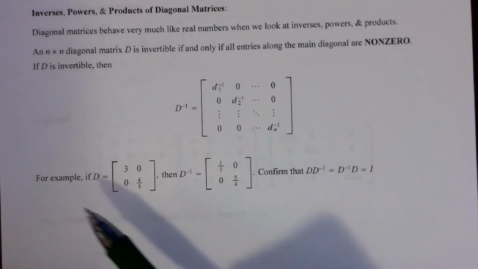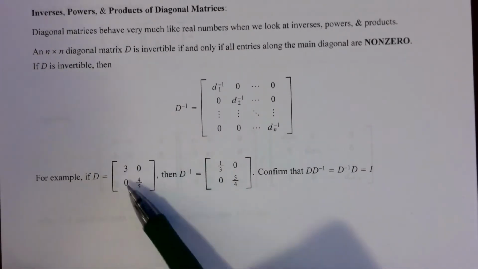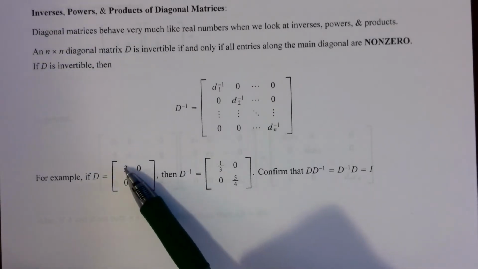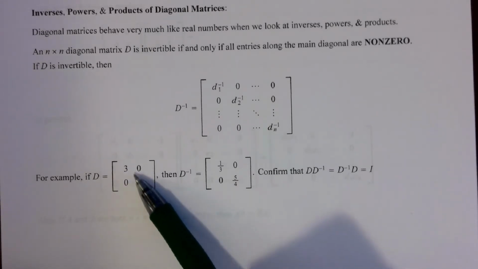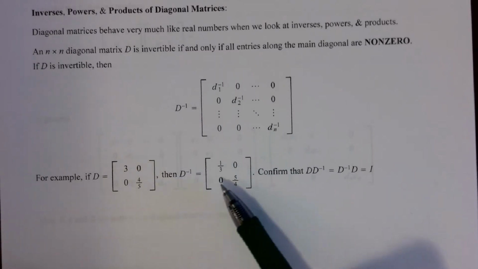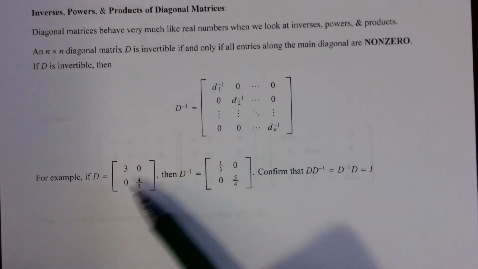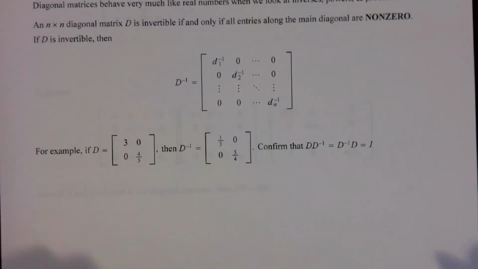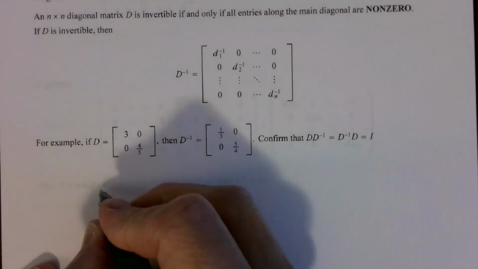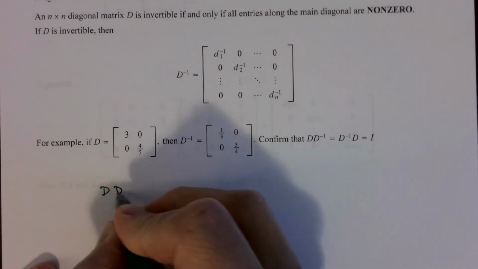So, for example, if D is equal to this matrix here, then first of all, I know it's invertible because both the diagonal entries are non-zero, and therefore its inverse is just going to be the reciprocal of those entries in the corresponding locations. The reciprocal of 4/5 is 5/4, zeros everywhere else. So D inverse is the inverse of D, and I can show that, for instance, if I multiply D times D inverse,